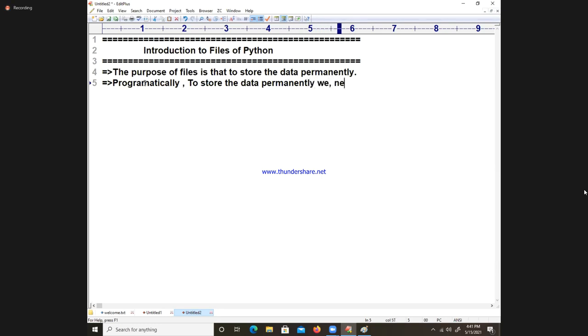We need a file name. Yes or no? To store the data, we need a file name. Technically, file name